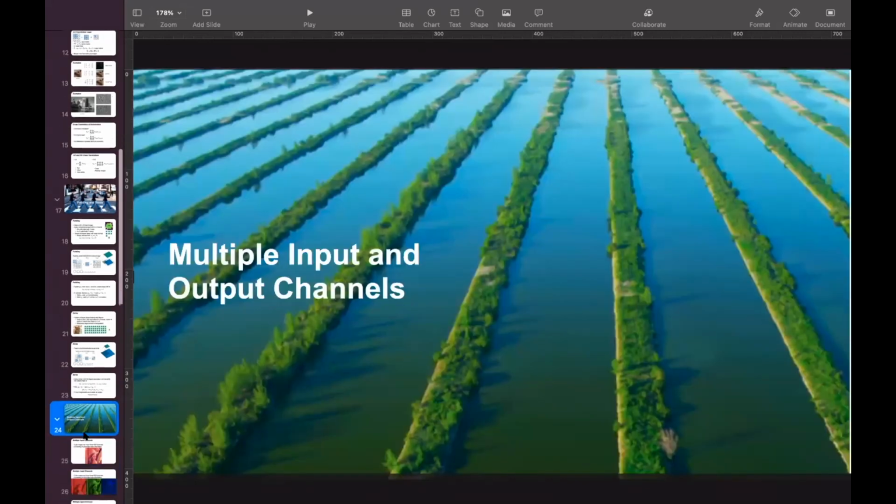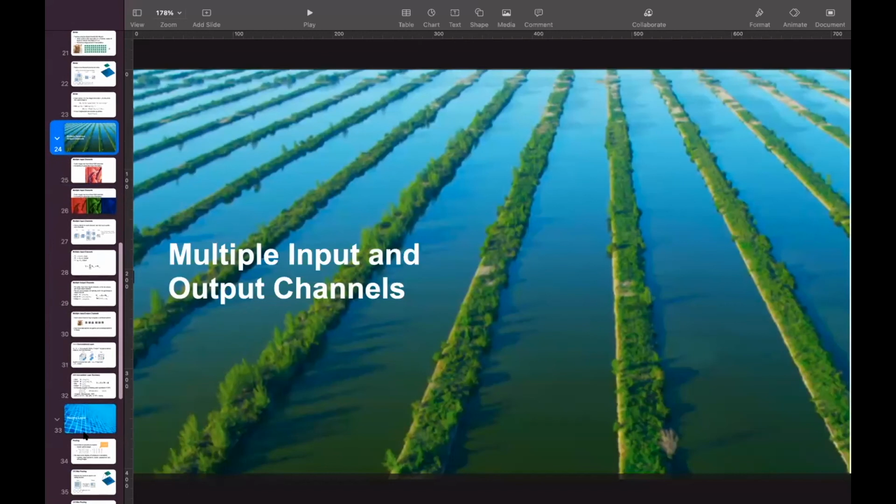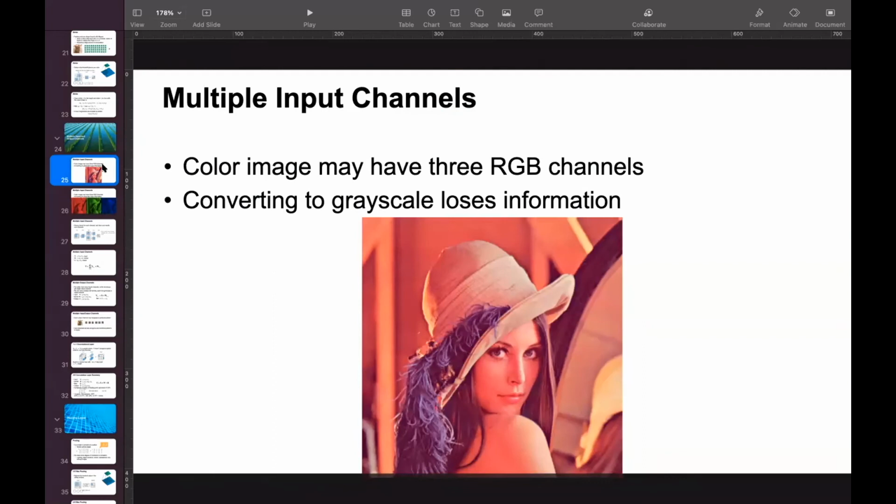And the second last part of this chapter that we're going to get into is about input and output channels. We spoke about this in some sense in the first slide itself, but to get back to the idea, if you have a certain image like this, which is an image of a Playboy model,